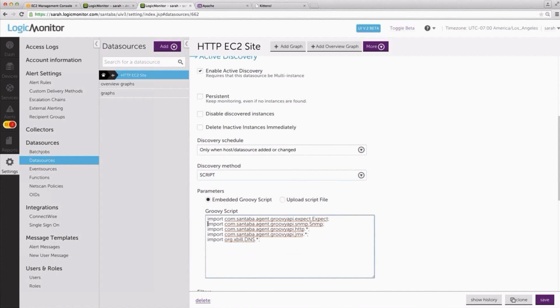So in our data source definition, we'll enable Active Discovery and set the Active Discovery method to script. And then we're going to choose Embedded Groovy Script. And remember that the way LogicMonitor interprets script output for script Active Discovery is wildcard ## alias. So we want our script to print the wildcard value ##, and then the alias value for each of our pages. So we're going to do println,